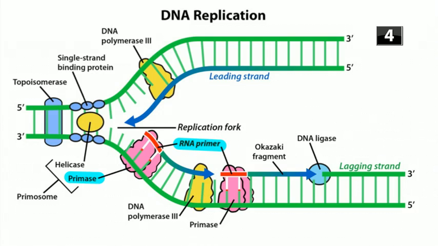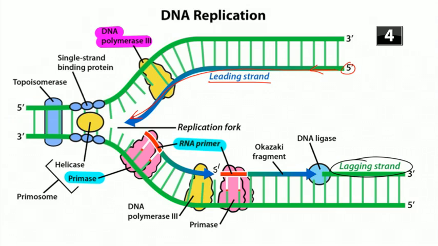In prokaryotes, there are a couple of different kinds of DNA polymerase. There's DNA polymerase III, which replicates the DNA on the leading strand. So DNA and RNA are always synthesized from 5' to 3'. For that matter, if you're writing a sequence of DNA, you always write the sequence from 5' to 3'. So the leading strand is the strand that runs 5' to 3', and that means that DNA polymerase III can build this strand continuously. But on the other strand of DNA, which we call the lagging strand, the 5' end